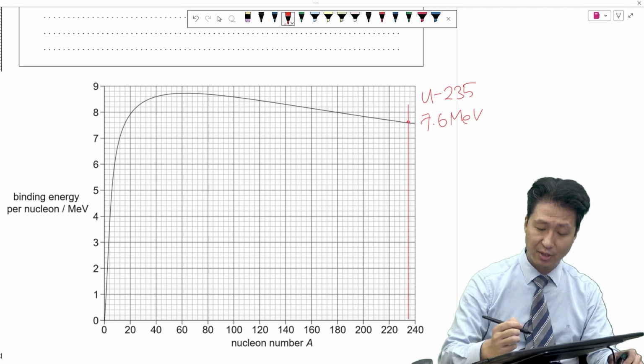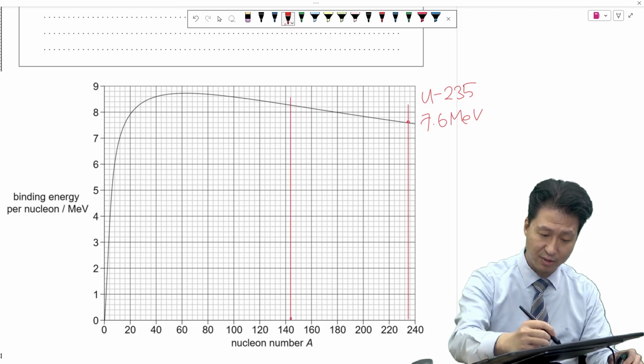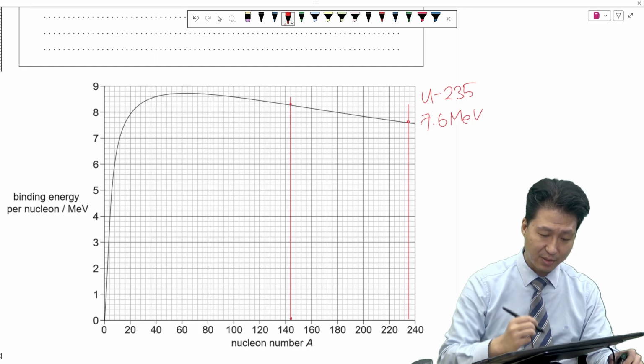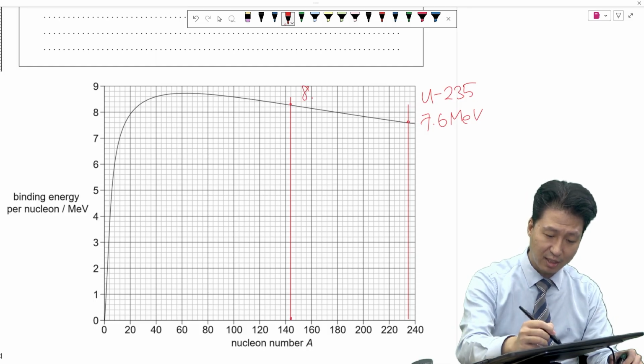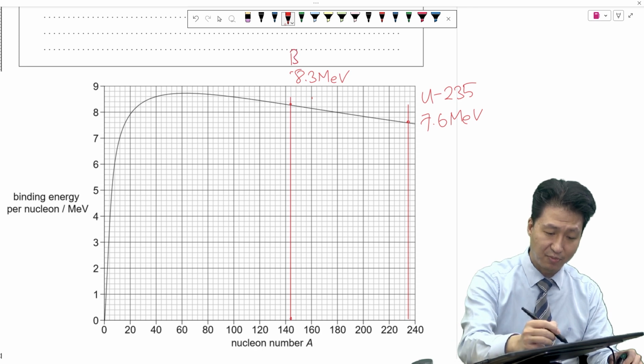Now, barium is at 144, which is around here. So let's draw a vertical line. And it intersects around here. So let's estimate this to be 8.3 megaelectron volts. And this was for barium